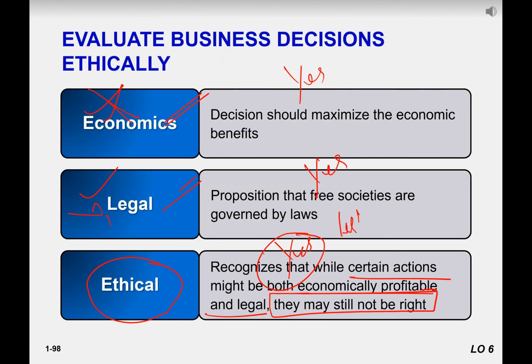For example, an ammunition company in America: economically, very profitable. Yes, we know that. It is legal under American law. It is legal to produce weapons and all the stuff. But they are selling to third world countries and to finance wars. Selling those ammunitions to Gulf countries, to other terrorist organizations is illegal, but to other countries it is legal. But if they are using those weapons to kill their own public, then we can say that this is not